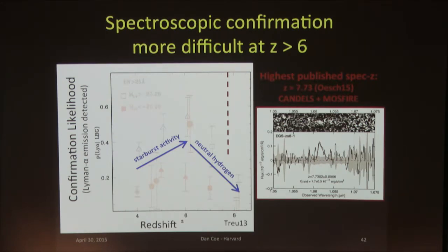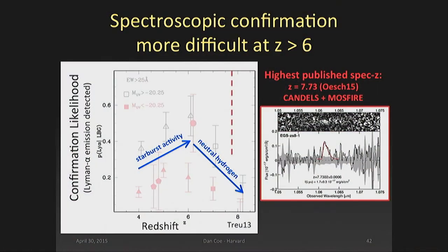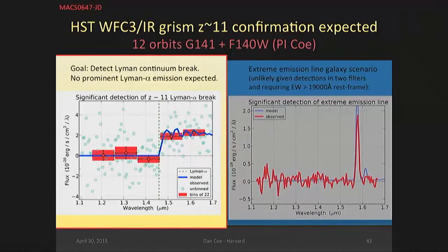We don't expect to detect Lyman alpha, so that's the normal way to confirm these high redshift candidates. The highest published spectroscopic redshift from Lyman alpha is 7.73 from Pascal Oesch, and this is the detection here. It's actually increasingly difficult to confirm galaxies at higher and higher redshifts. We believe it's because we were looking through the neutral IGM. The universe hasn't completed reionizing, and so we don't expect to detect Lyman alpha, but I do expect to detect